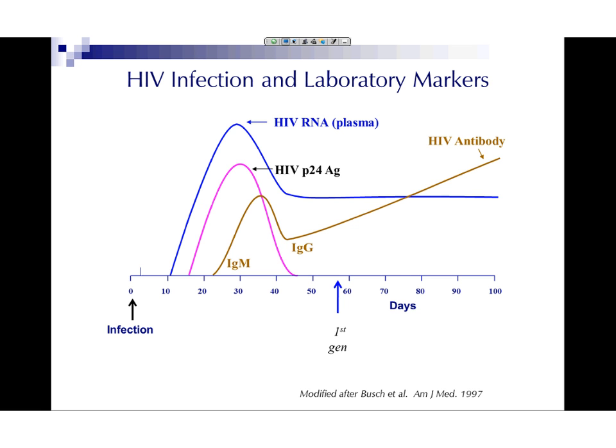And it's important, I think, to point out that Western blot is a first generation test. The second generation tests pick up IgG antibodies a little bit sooner. Most of the rapid HIV tests are second generation tests that pick up IgG antibodies. The third generation tests, which are used in laboratory assays, pick up IgM antibodies at around 21 or 22 days. And then the fourth generation tests pick up infection earliest at about 15 days after infection, 5 days after RNA shows up.